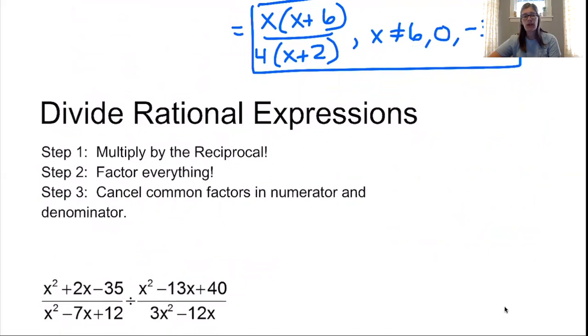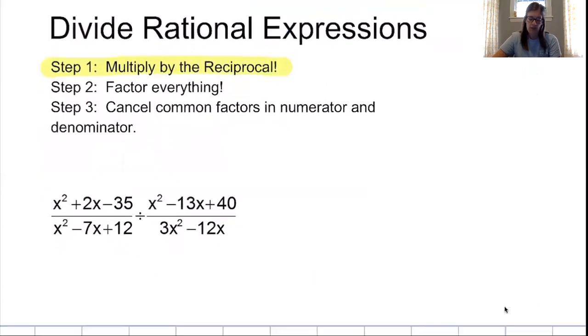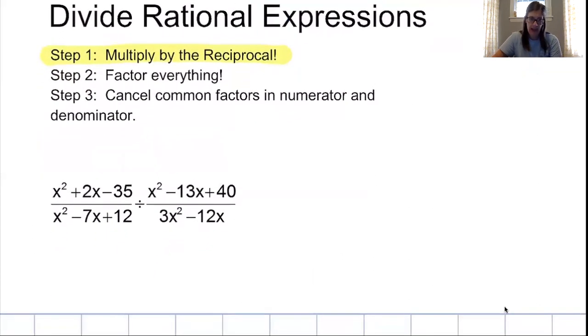Okay, last one real quick is divide rational expressions. So if you look over my instructions for dividing rational expressions, you're going to see there is one change. When you're dividing fractions, you're really multiplying by the reciprocal. But then everything else is the same. Factor everything, cancel common factors in the numerator and the denominator. So for this last example that I have here,